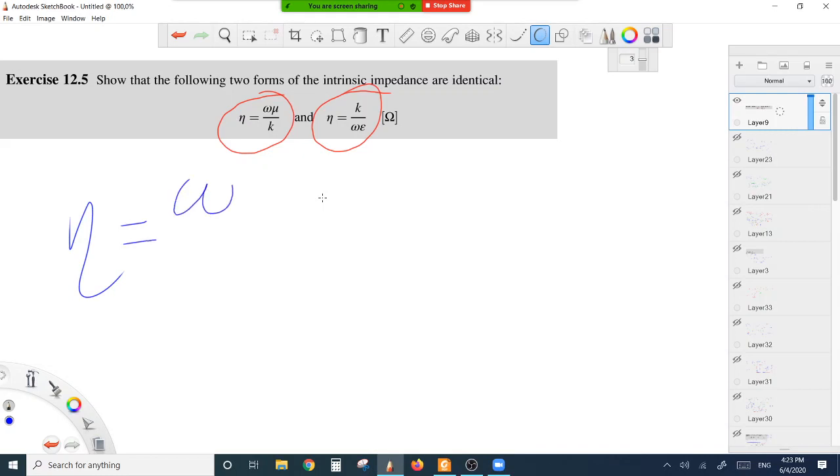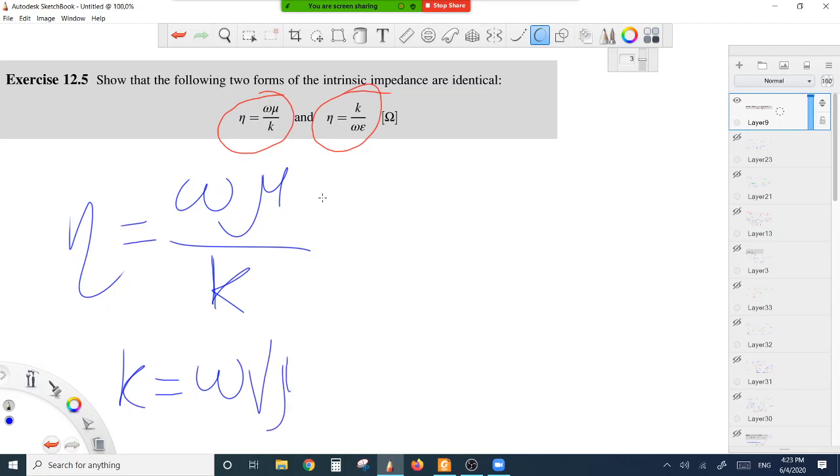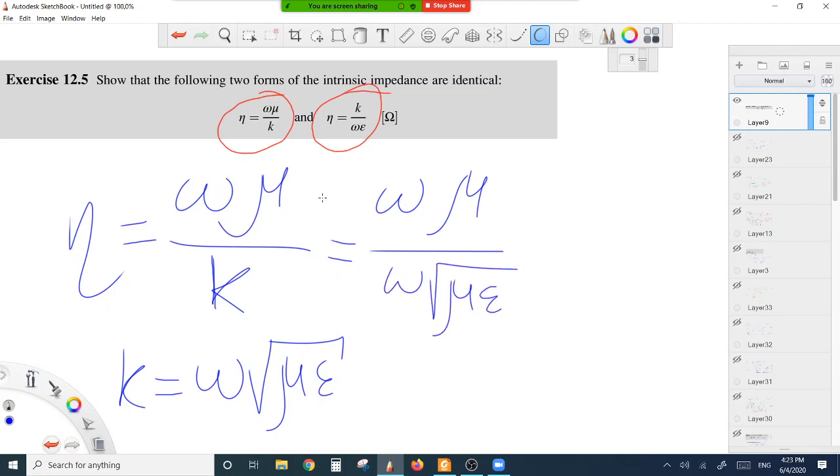Eta is given as omega mu over k, and we know that k is equal to omega square root of mu epsilon. We put this expression here. What we get? Omega multiplied by mu over omega square root of mu epsilon. Omega simplifies, square root of mu and mu simplifies. What we get is mu over epsilon, and if we